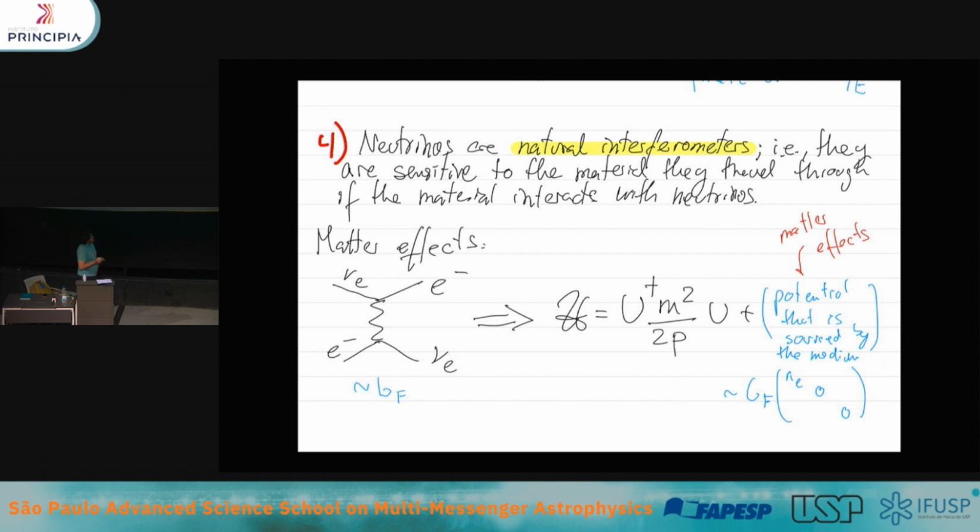And the reason is that as your neutrino energy increases, this kinetic energy term here is proportional to 1 over the momentum of the neutrino, which means that as the neutrino energy increases, the contribution from the subdominant interaction term starts to become the dominant part of the Hamiltonian. So at high energies, essentially the Hamiltonian is given by whatever interactions the neutrinos experience with matter or anything around the path. Are there any questions so far?